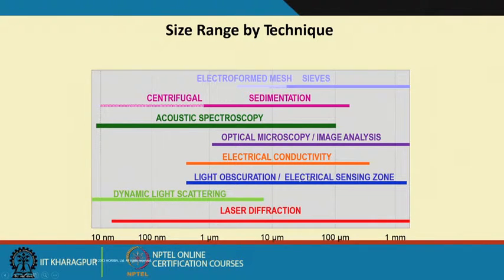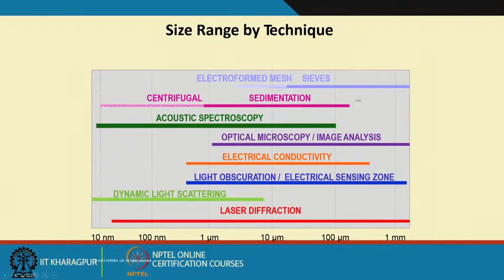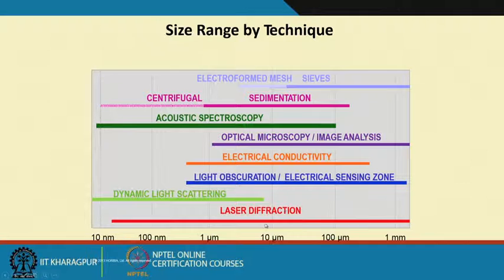Dynamic light scattering, light obscuration. So, this summarizes the size range each can deal with. How does this summary help you? Now, suppose you are interested in knowing the particle size distribution within a range of 1 micron to 100 micron particles, to design your settling basin for dewatering purposes, maybe for water treatment purposes. Then laser diffraction also can do that, 1 micron to 100 micron. Even all these sorts of techniques can give you the size distribution, but again I am repeating,